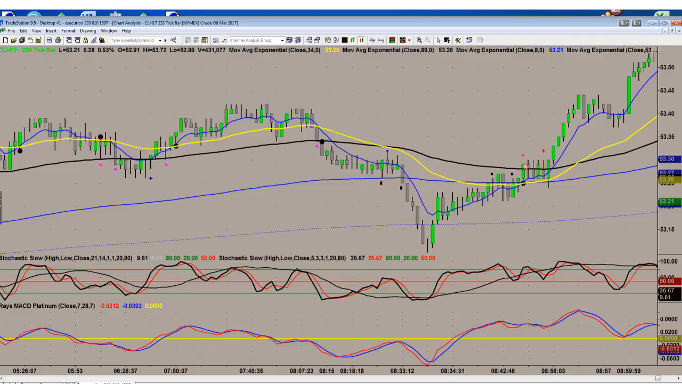take a look at your higher time periods. I know many of you have multiple monitors. Take a look at either the 15 or the 30-minute chart. If they are extremely strong,